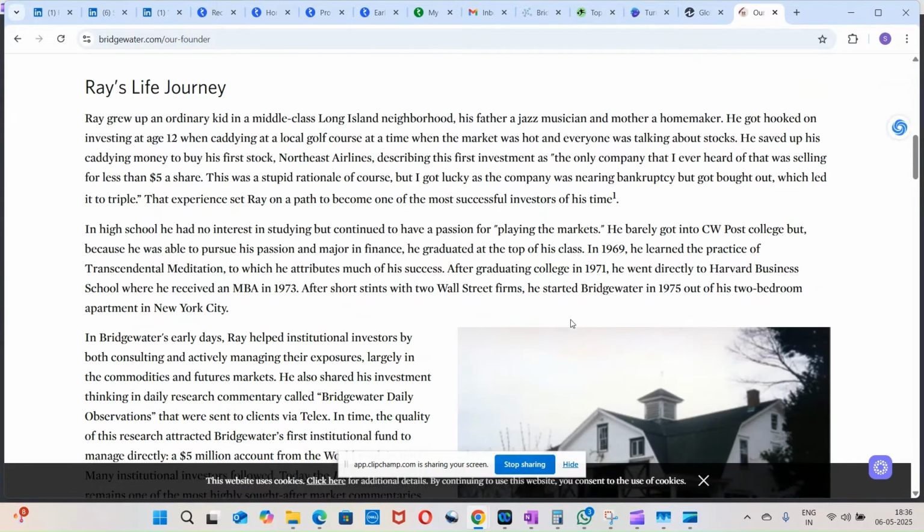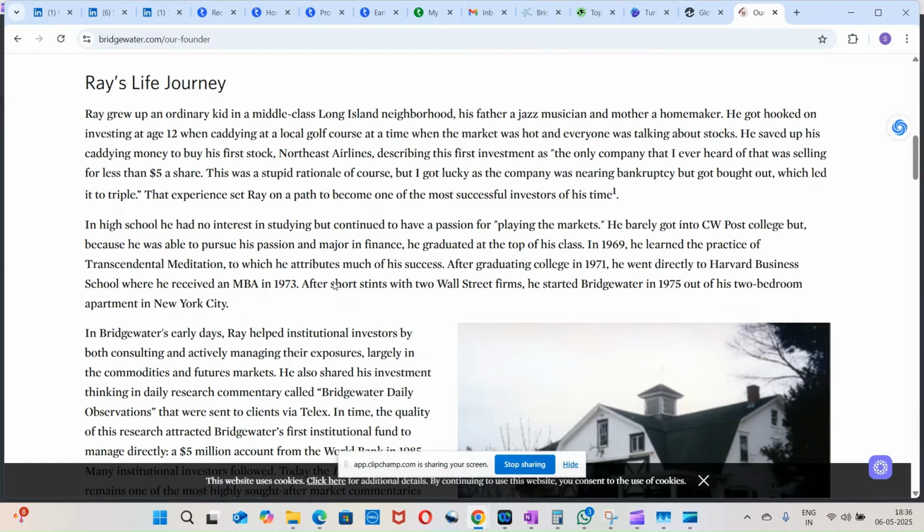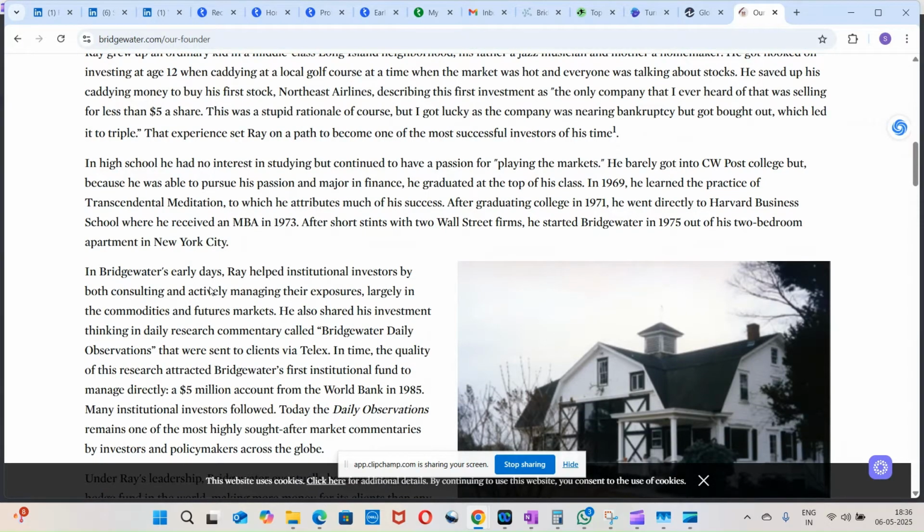That company was nearing bankruptcy, and it got bought out, and he made some good money. He was fully interested in financial markets, majored in finance, and topped the class. After that, he went to Harvard Business School and did an MBA, worked for a few Wall Street firms for a few years, and then started Bridgewater Associates. Initially, they were doing some consulting business for institutional investors,